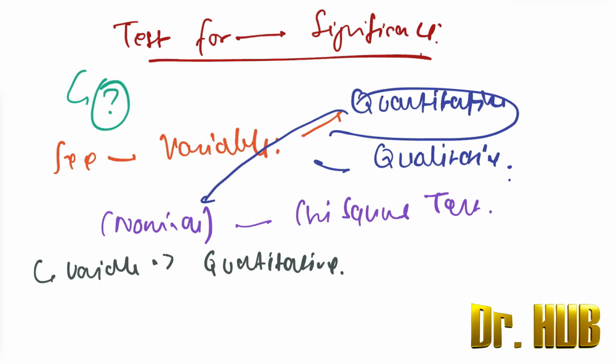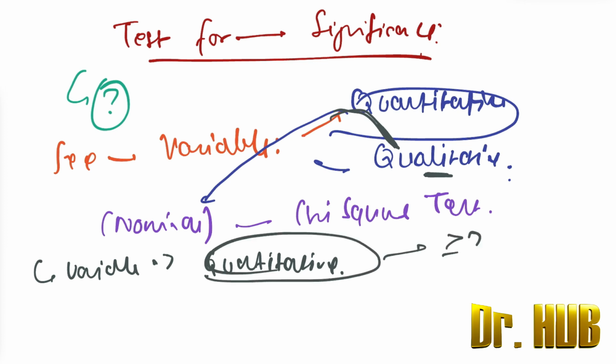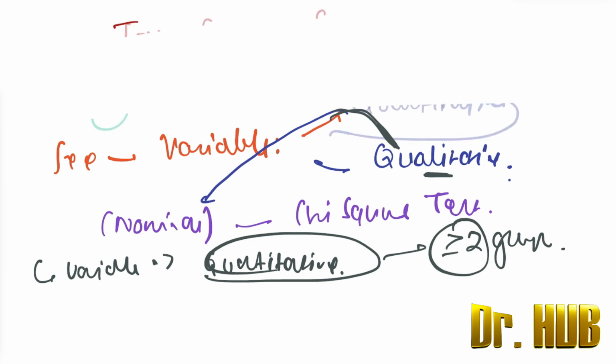So let's rewind. We spoke about the test being qualitative. In terms of the nominal or chi-square test, it is qualitative. And in terms of the variables that are quantitative, they are divided into two groups or more than two groups, that is, greater than or equal to 2 groups. So in case two groups are tested,